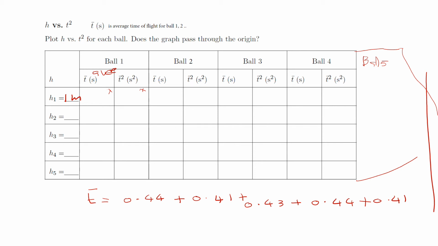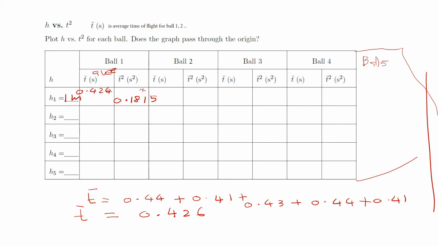If you take the average, you add these 5 numbers and divide by 5, you get 0.426. This is your average time. So you can record that number here, 0.426, and here you have to take the square of the average. The square of 0.426 is equal to 0.185. Similarly, you can complete the average time for height 2, height 3, height 4, height 5 for ball 1,